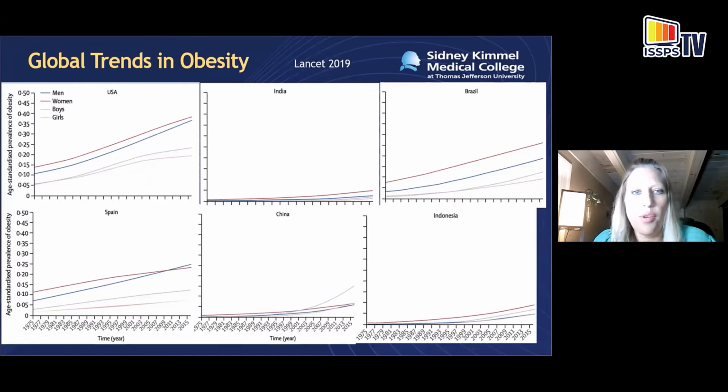So what about obesity? The overall global prevalence of obesity has increased significantly over the past 40 years. It was less than 1% in the 70s, and now it has grown to about 10% in men and 15% in women globally. Of course, the prevalence is greatest in the United States, but overall there's a trend, as you can see here, all across the world. And in fact, while obesity was once associated mostly with high-income countries, the World Health Organization has found obesity increases in low and middle-income countries as well.